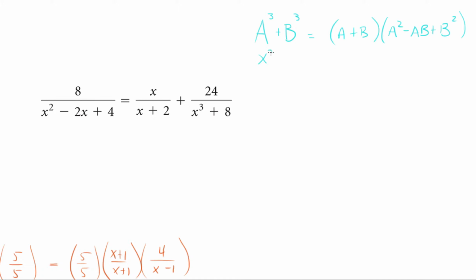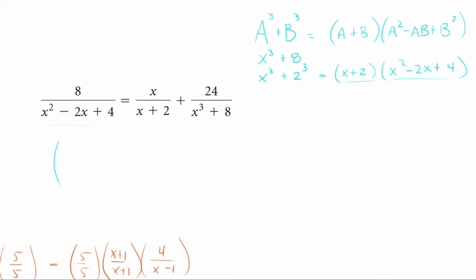In this case, you have x cubed plus 8, but a can be cubed if it were 2, so 2 cubed. So we're using this formula. This is x plus 2 times x squared minus 2 times x plus 2 cubed, which is 4. Aha. So notice that this term is this term. So the only thing I need to multiply here will be x plus 2. So you have,